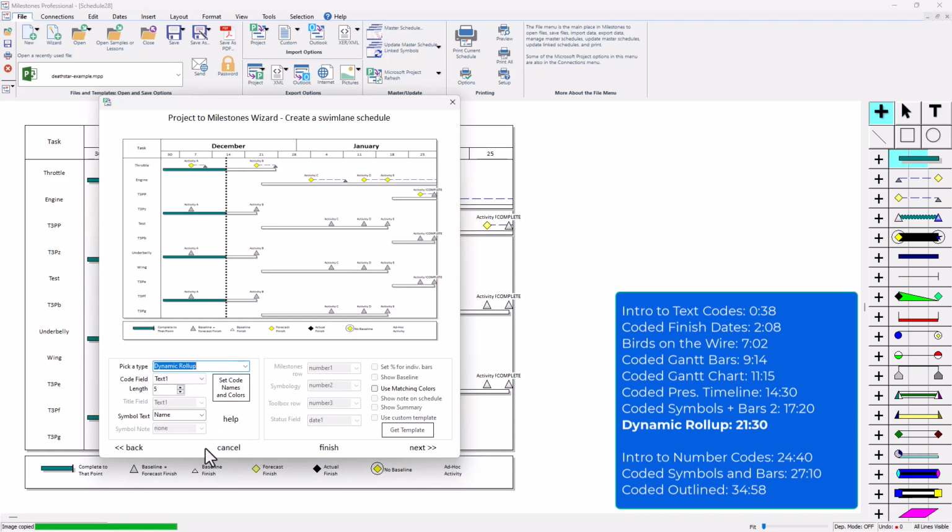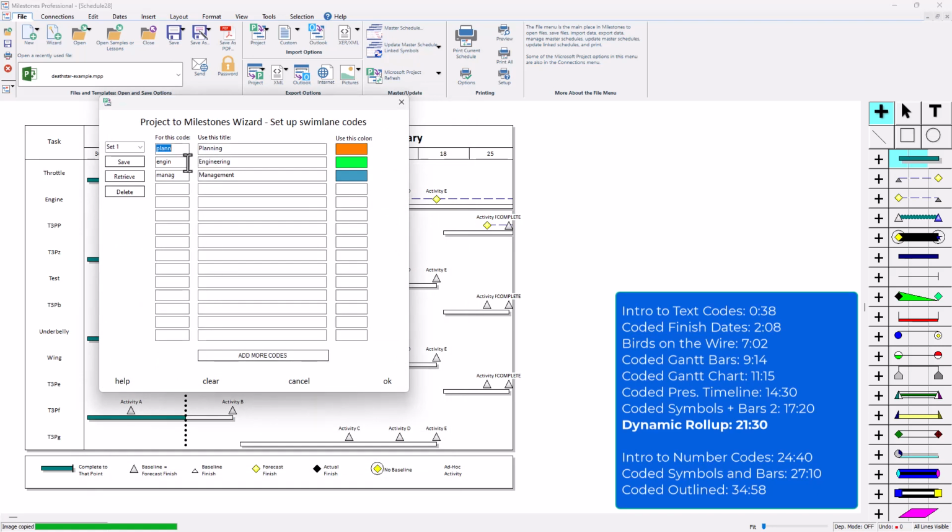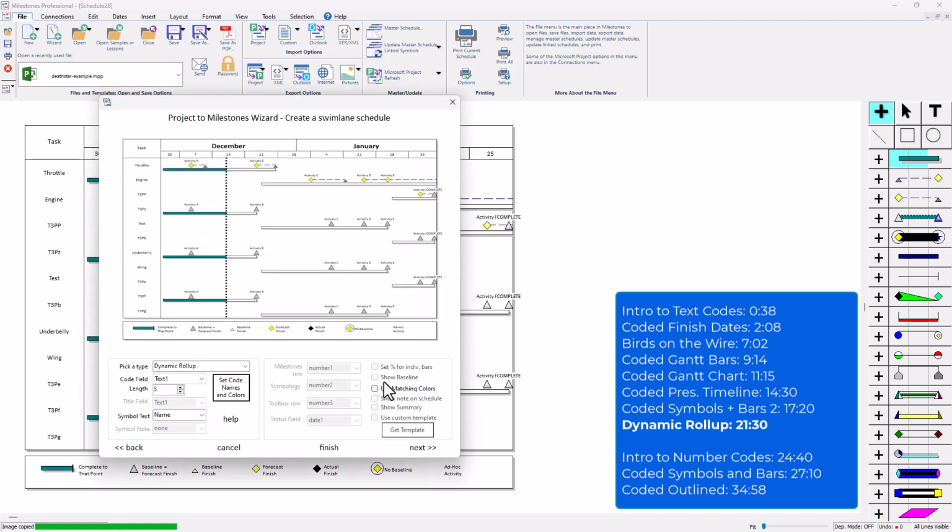I'm going to click on Dynamic Rollup, and we've got the code field set to text 1 still, field length is 5. So if I go to Set Code Names and Colors, this is how it's going to be grouped up with this Dynamic Rollup. So Dynamic Rollup puts everything on its own row, and then you can roll up to the summary level, which is pretty cool. So this is all set to 5 characters, so that's how it's going to be grouped up with that text field. I'm going to press OK, and I'm going to click on Next,